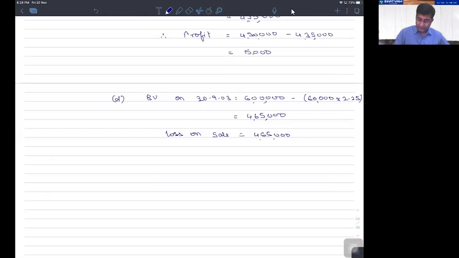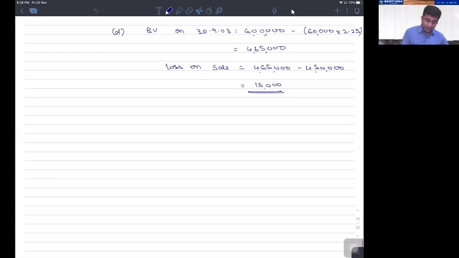$4,65,000 less 4,50,000. So loss on sale of asset comes to 15,000. Is it right? Now these all were the situations when you are following the straight line method. However, had you followed the reducing balance method,